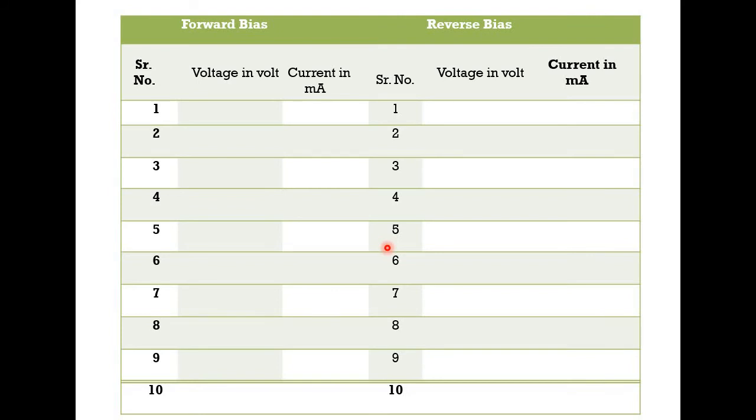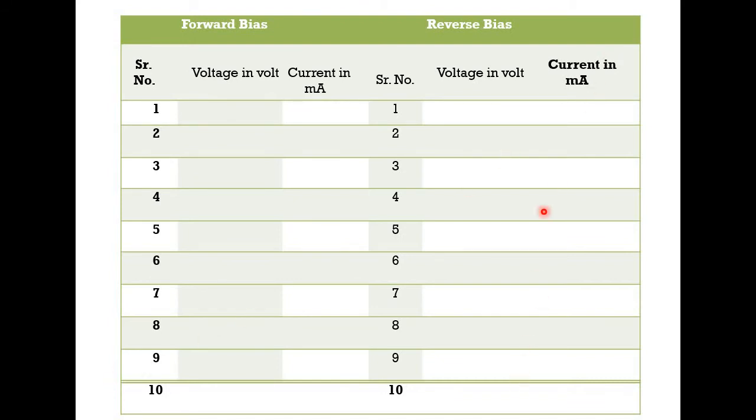Next to that, as I said, while studying the characteristics of Zener diode, first you need to apply the forward bias, and then there will be a reverse bias. In forward bias, by making the proper connection, you have to apply the voltage in a particular manner, and with respect to each and every voltage, what amount of current is generated, that you have to note down. Next, the same procedure you have to repeat for the reverse bias.